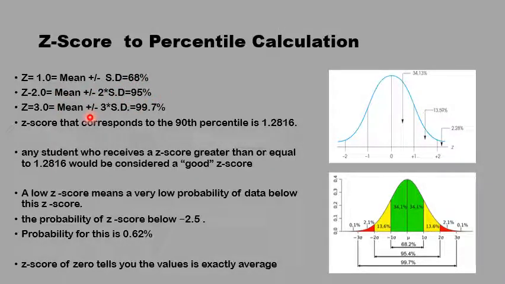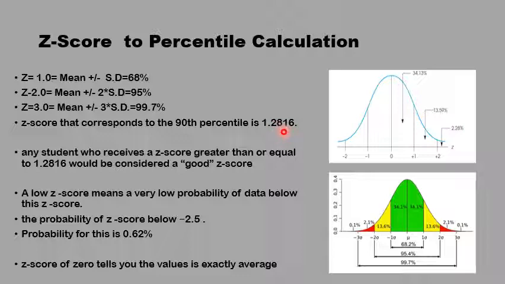Three z-scores would be the mark of 99.7%. The mark, for example, of 90% should be in between these two, and it is actually 1.2816 z-scores. So anything above this would be in the top percentile, the top 10%, any mark above this 1.28